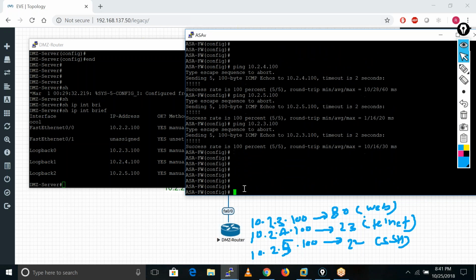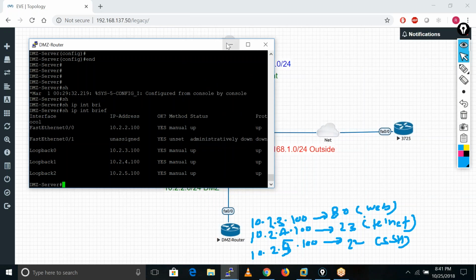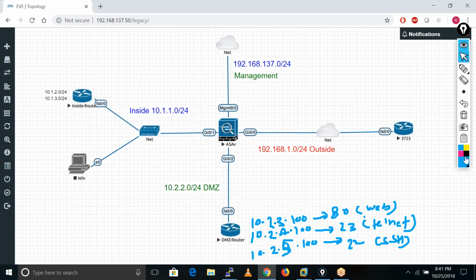Now I'll configure the static PAT. Okay, static PAT means, let's suppose I have this public IP address, which is